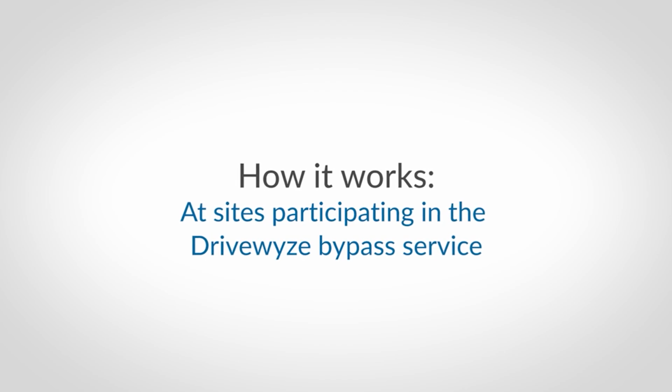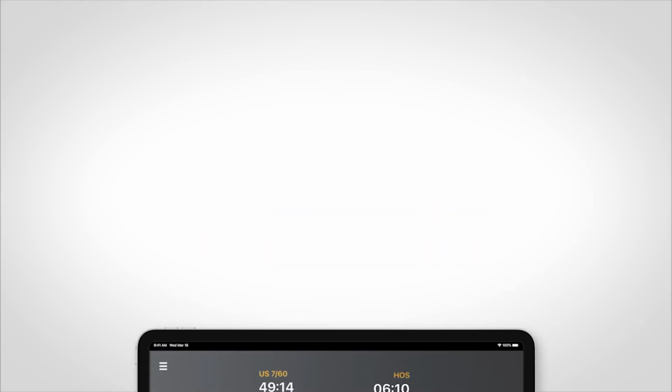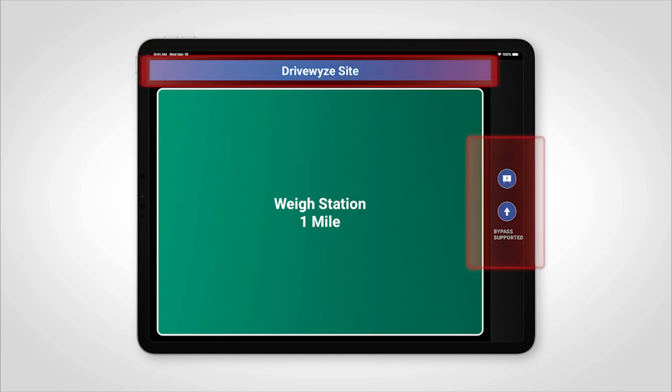This is how Drivewyze works at sites participating in the Drivewyze bypass service. When you are 2 miles away from a participating waystation or inspection site, you will receive a visual and audible alert. You will receive a second alert when you are 1 mile away. Sites that are participating in the Drivewyze bypass service will be identified by a banner and the words bypass supported